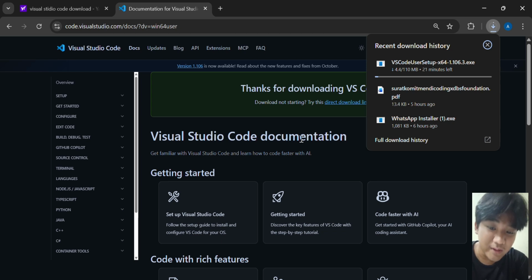It's lightweight, easy to use, and supports many programming languages like HTML, CSS, JavaScript, PHP, Python, C++, and so many more. It also has thousands of extensions that can help you customize your coding experience. That's why so many students, programmers, and developers love using it.